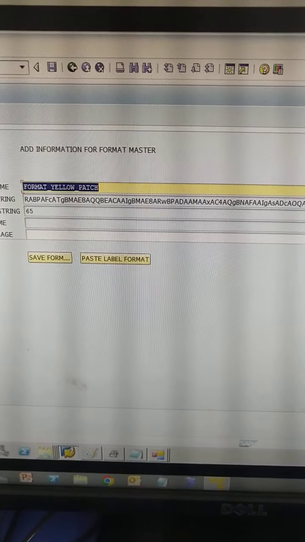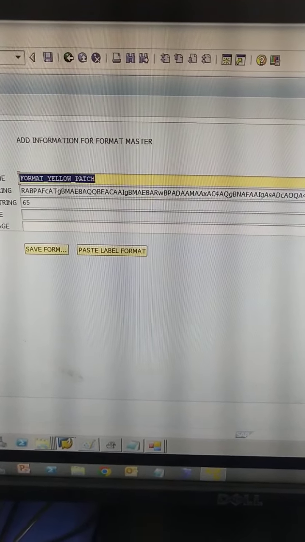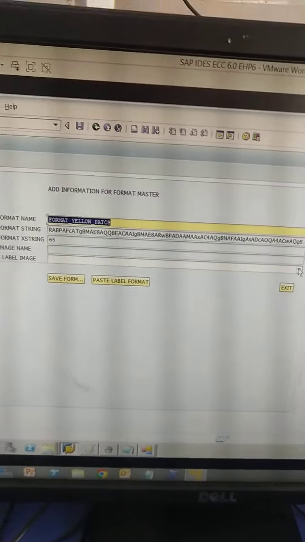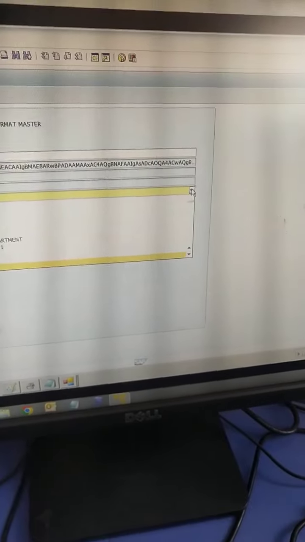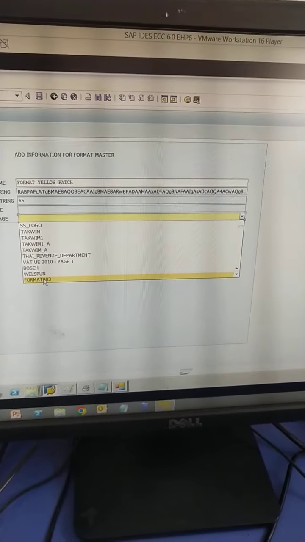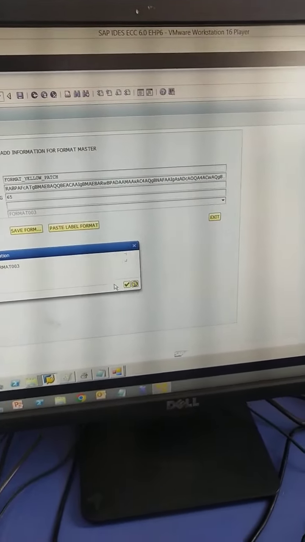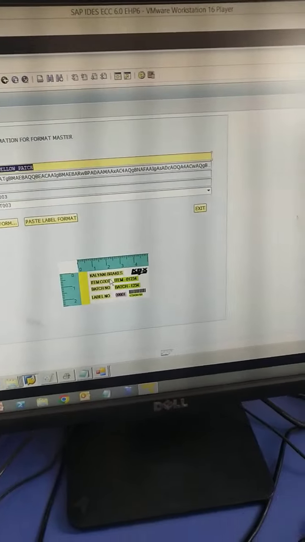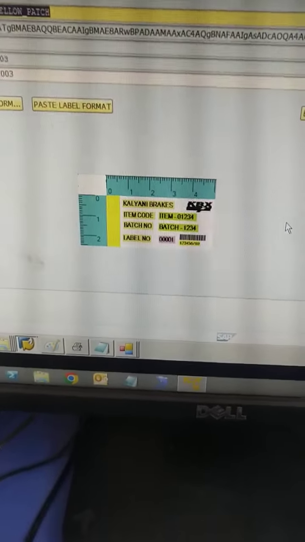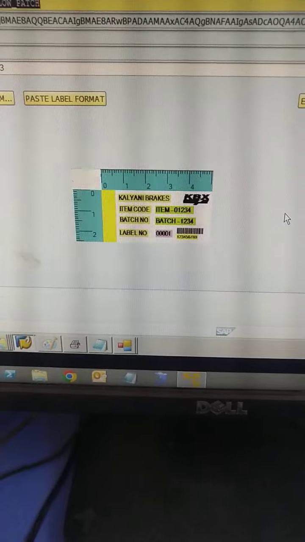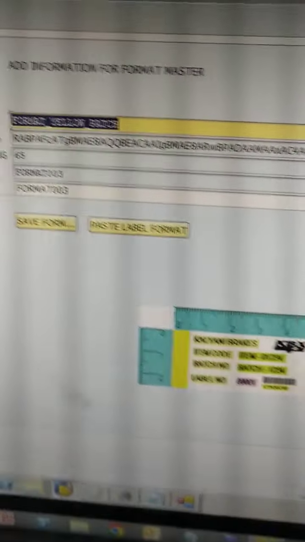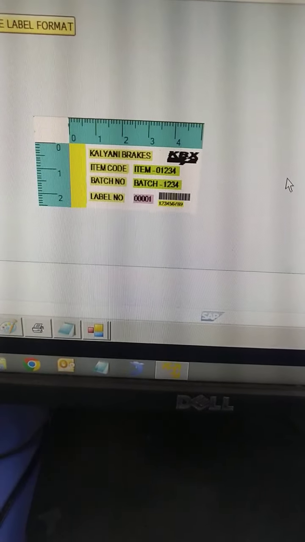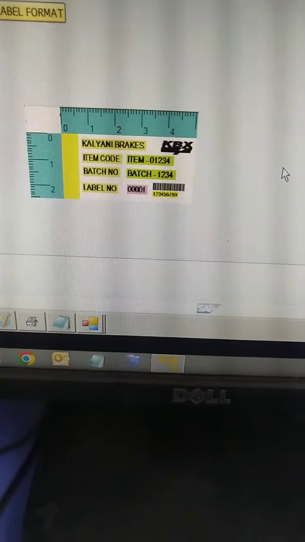Also, for better understanding and better user friendliness, we will assign one label image to it that I have already uploaded through AC78. So with this, operator will get to know that I have to upload this label, and after printing, this format yellow patch will be printed like this, which is a 50 by 25 mm label.